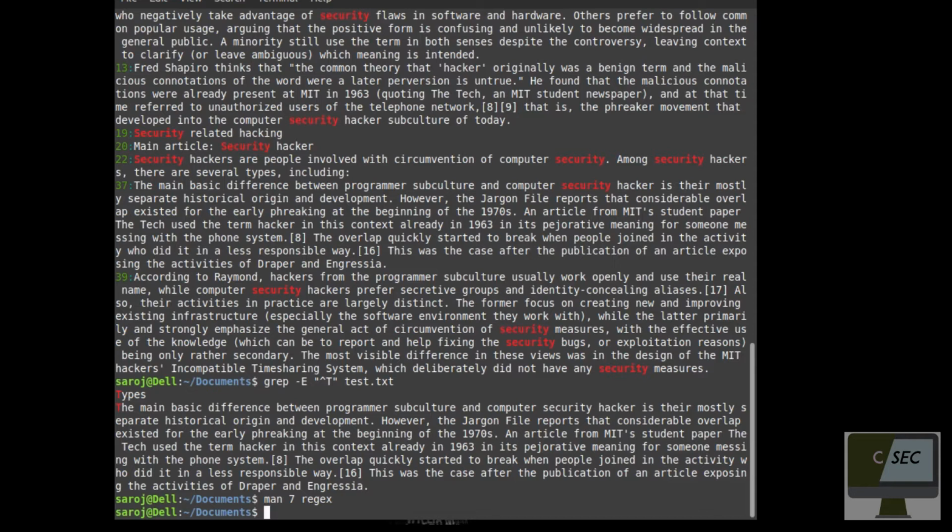So if I want to search for the words that end with ingresia, then I have to do grep -e, then ingresia, then a dollar sign. Before I was writing the caret symbol, but now I am using the dollar symbol, which means those lines which